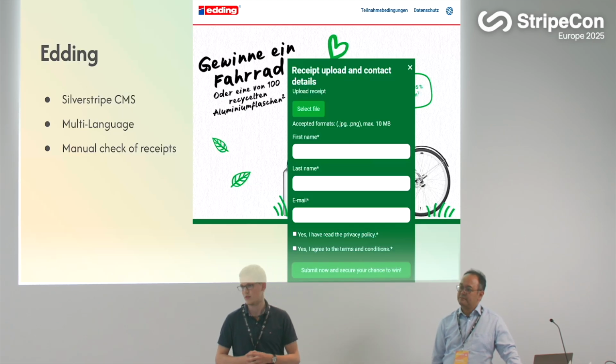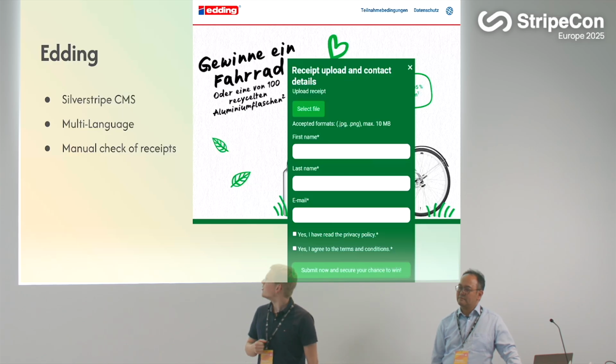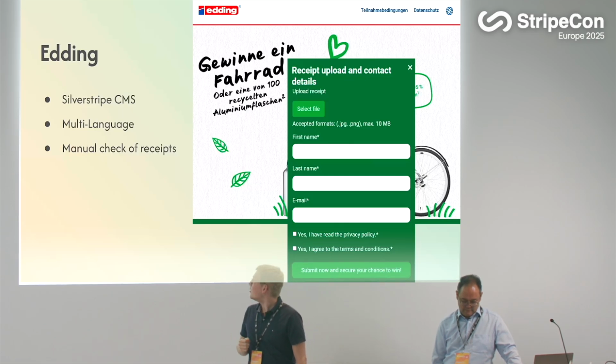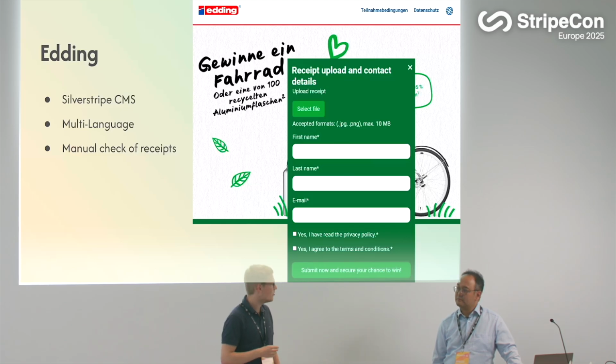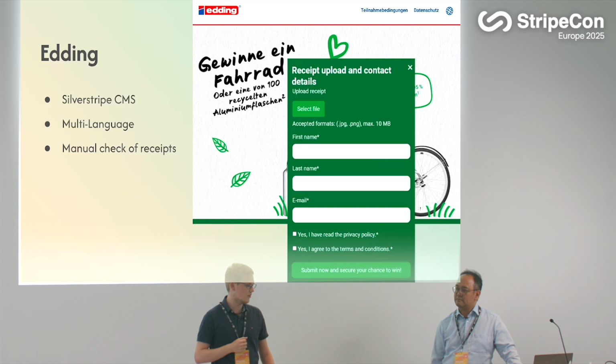At least that's what they hope. And this is one case. We have a Silverstripe CMS running with multiple languages and checks for the receipts. And this is, as well in the other case, pretty hard.